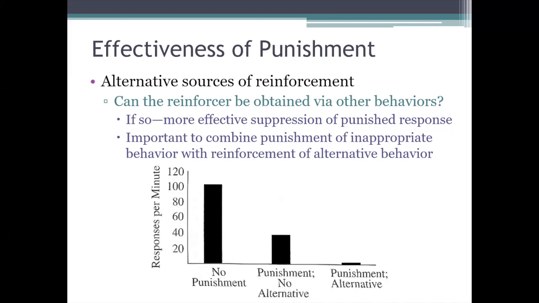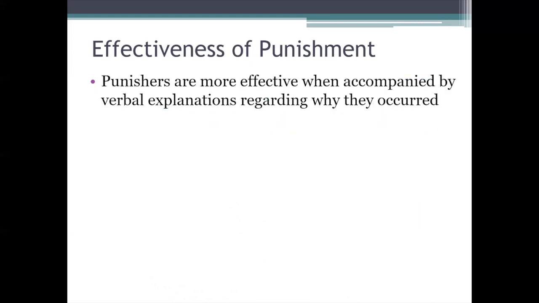Okay? Well, guys, your book briefly mentions a few other variables that also influence the effectiveness of the punisher. But I want to wrap up this video lecture with one that the book doesn't mention, which is that it's often helpful to provide some kind of verbal rationale, some kind of explanation for why the punisher occurred. Now, obviously, you can't do that with animals, right? So, with animals, immediate punishers are especially important because you need them to recognize that contingency on their own between doing this thing and receiving this punisher. But as long as your subject does have the capacity for language, you can make a punisher more effective by explaining why it occurred, why it was administered.